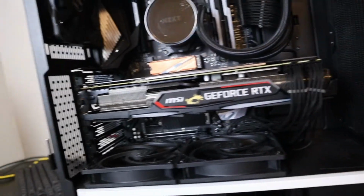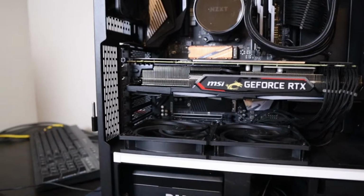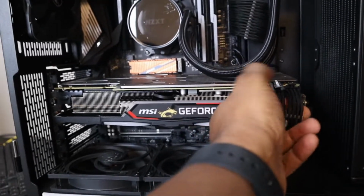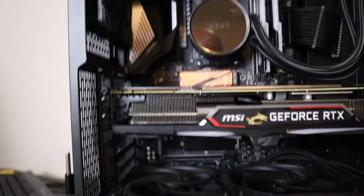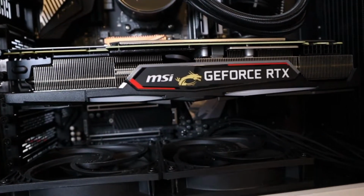This is my SAG bracket. This actually came with one of my GPU cards. I forgot which one it was. And then we're going to take the power connectors off, so we're going to unhook those. And so the first thing that I've got to do, and I'm definitely about to put this